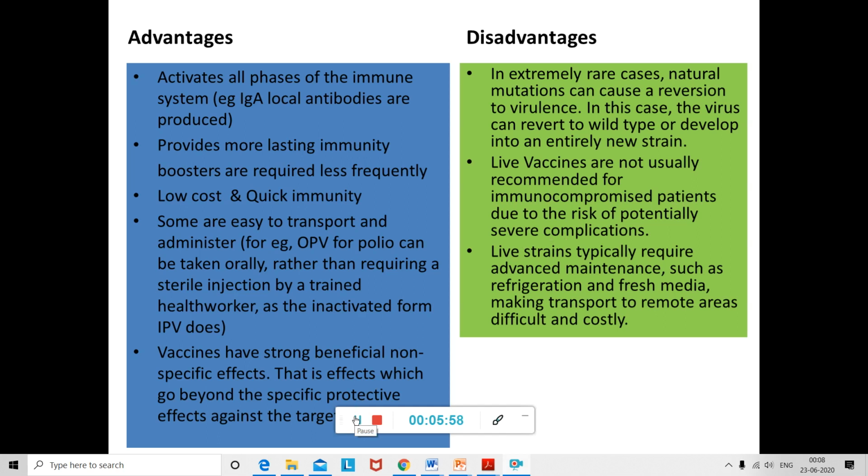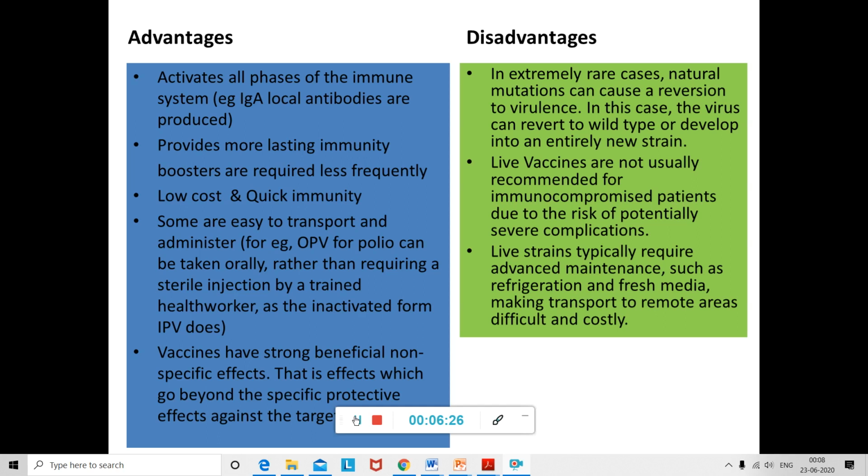They also have some disadvantages. Now, in extremely rare cases, what happens? Natural mutations can cause a reversion to virulence. So in this case, the virus can revert to a wild type or develop into an entirely new strain after the process of attenuation. And so there are chances of reinfection because the virus is being found to be live, but it has lost its virulence, but sometimes some mutations can happen to it and it might revert back to